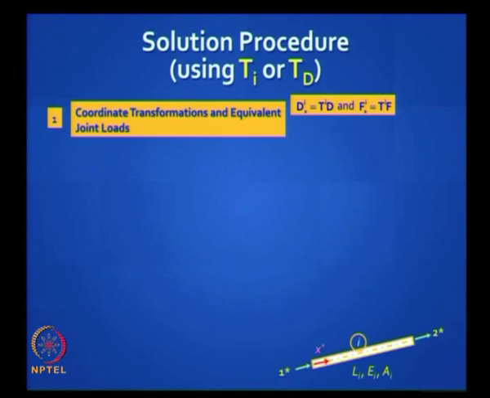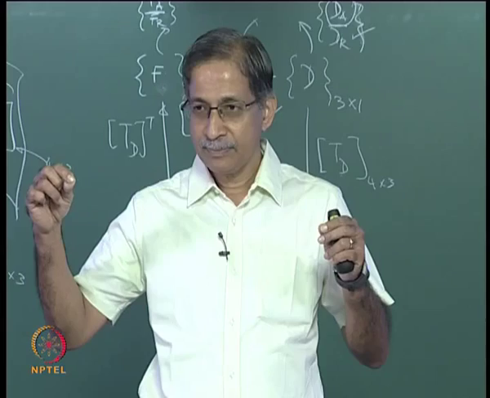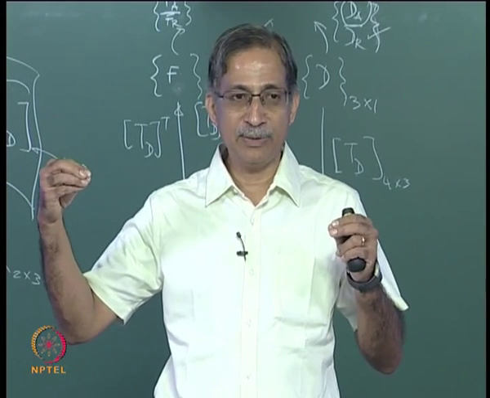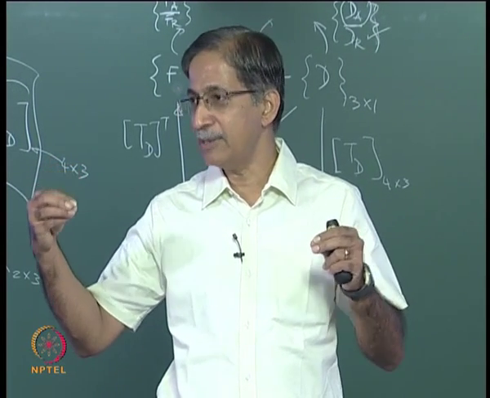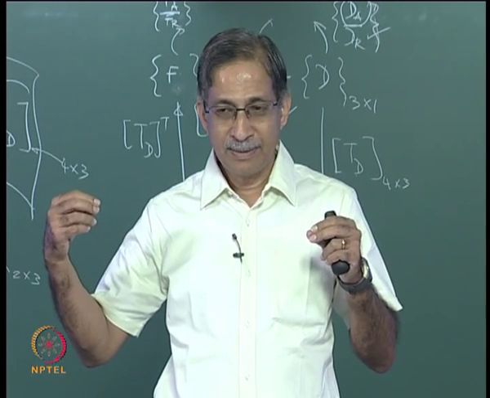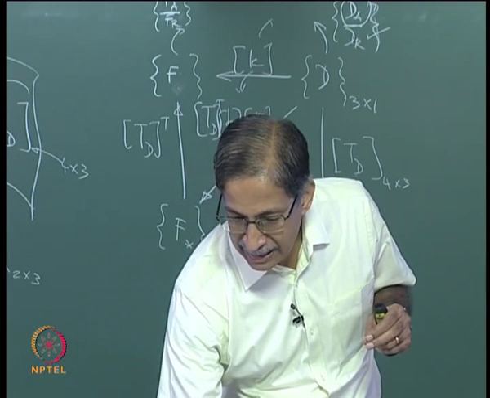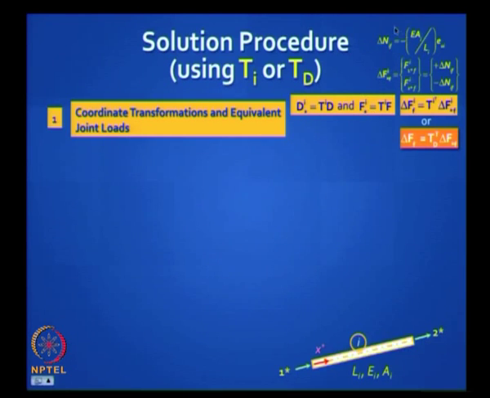First, generate, I'm going to show both methods, TI or TD. If you are doing TI, write down the TI values first and generate the fixed end forces. How do you get the fixed end forces? Take any bar, lock its 2 ends, that is a primary structure, allow the temperature rise to happen, that bar will go into compression. The force in that bar is given by what? That is what we call delta NIF, that is a fixed end force in that bar.